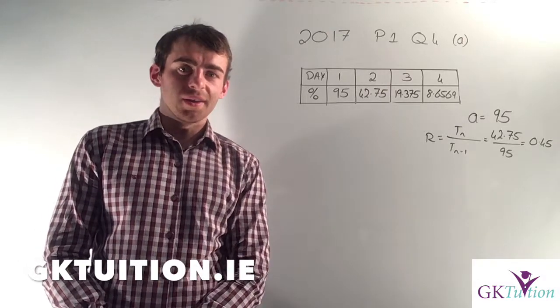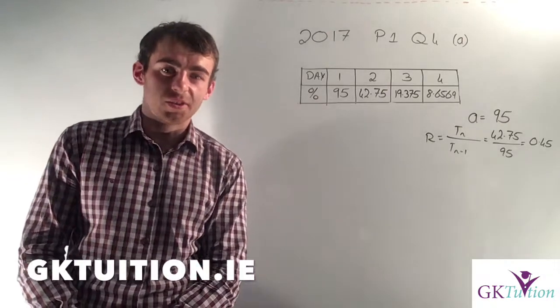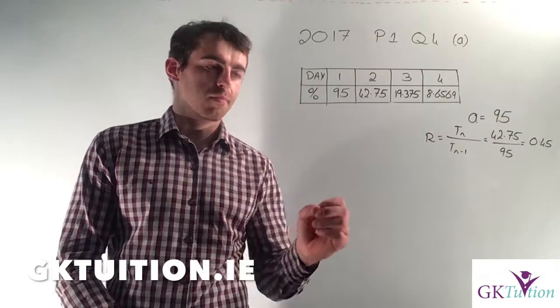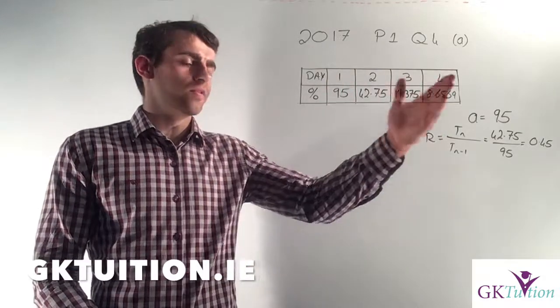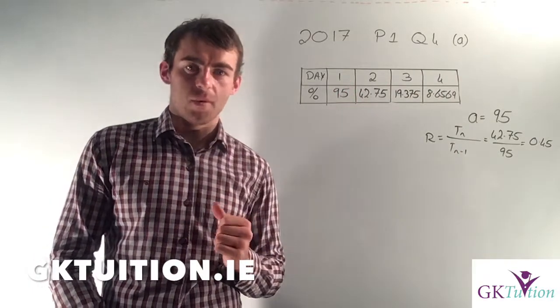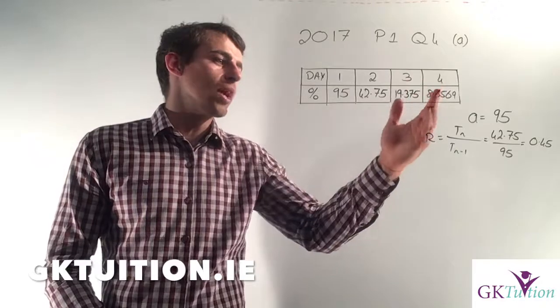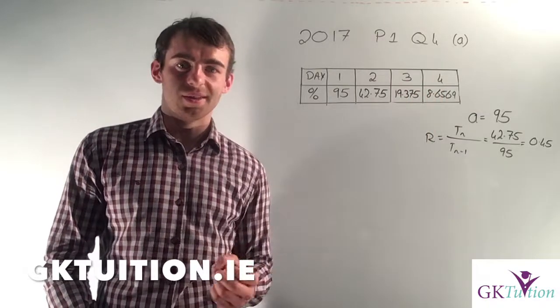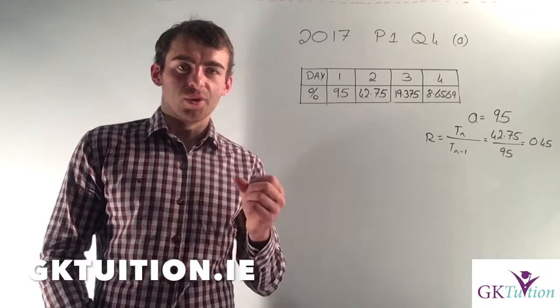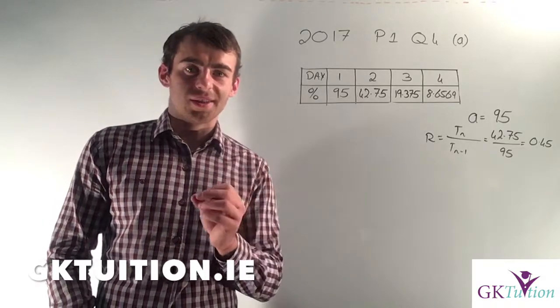In this question we're told that the percentage of substance in solution decreases exponentially over time. We're given a table for the first 4 days. So after 1 day only 95% of it remains in solution. After 4 days only 8.6% remains in solution. We're asked to work out what is the first day on which the percentage that remains in solution is less